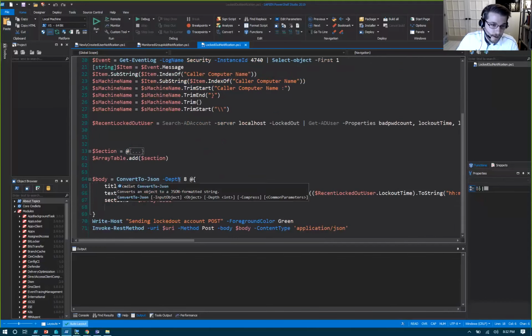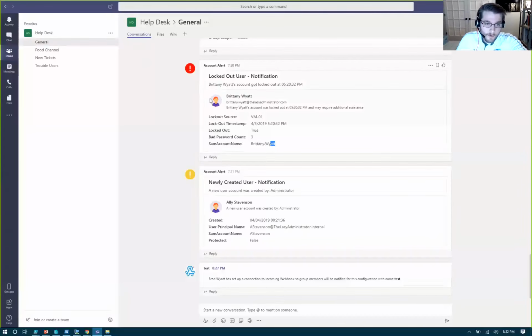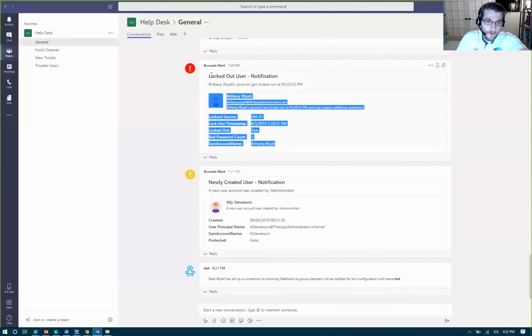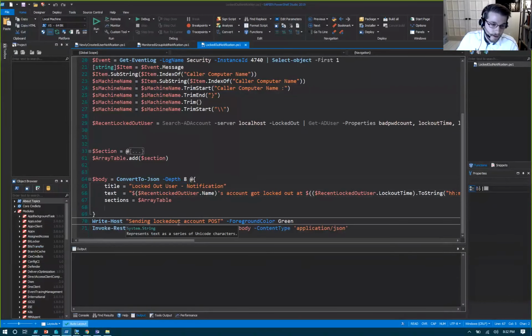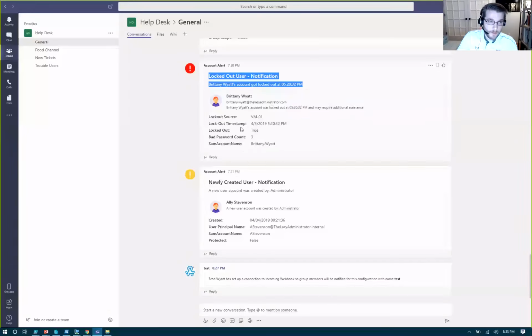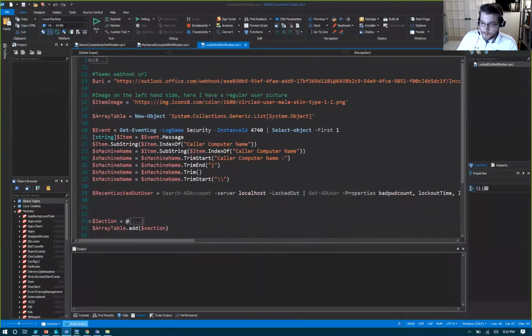So now we're converting to JSON. The title of our entire card is going to be locked out user notification. And so we built this out here, all this stuff, and now we're building out right here. So now I said locked out user notification. Here's the name, same item, and then my sections. So the sections are what we built out. And then I would just say, sending locked out account post, because we're posting that. We're going to use a post to actually send the message. So once you've built out this entire script, all you're going to do is similar to what I did,